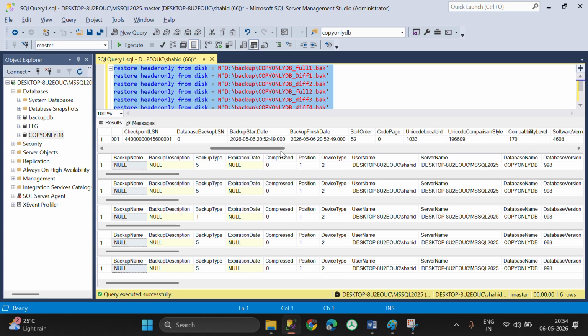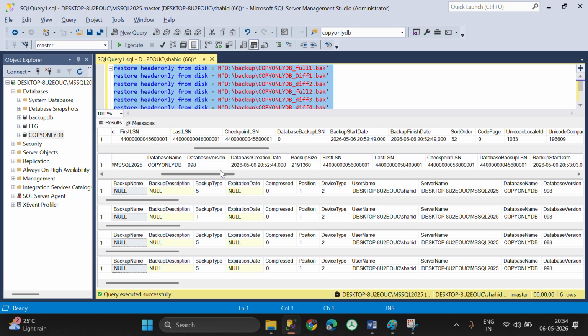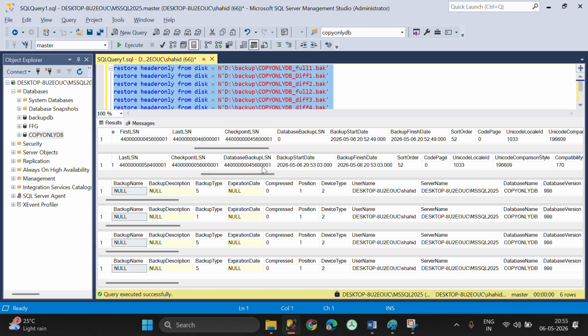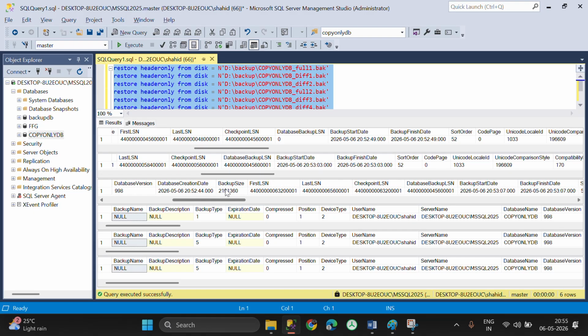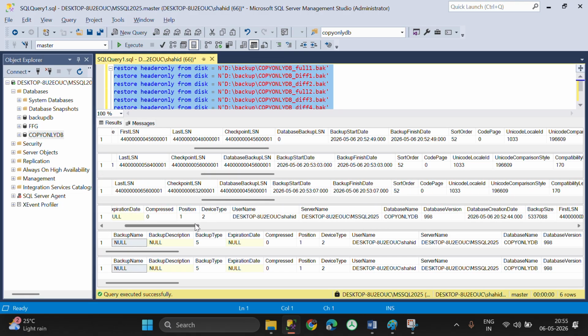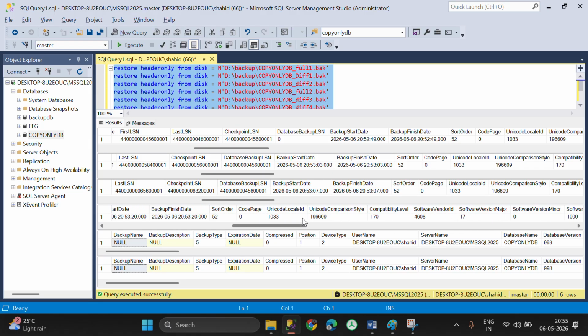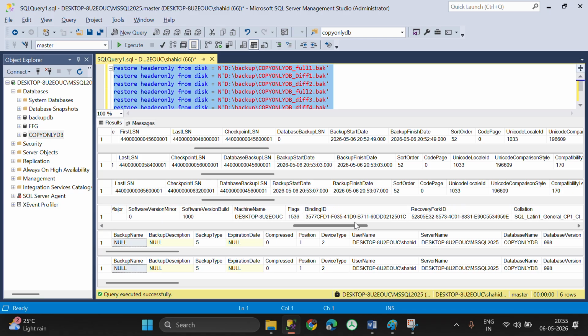Now here I will show you. You have to observe carefully. Here the checkpoint LSN is there, because it is the full backup. Here the database backup LSN means this is the differential chain. If you scroll right, see, everything will be the same. This will be the base for all the differential backups below. If I scroll,